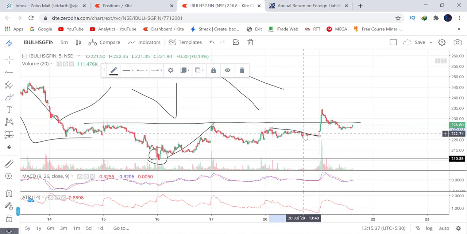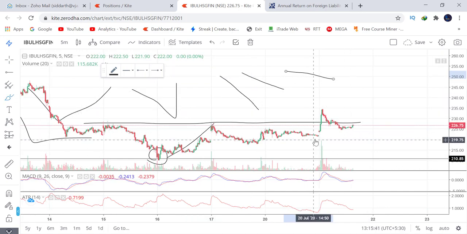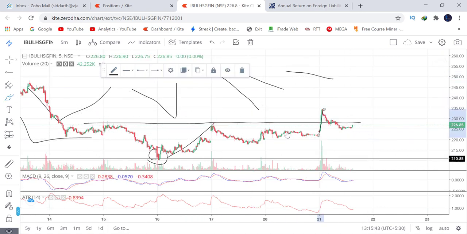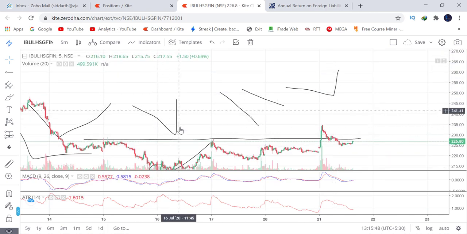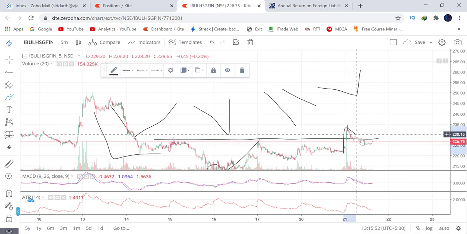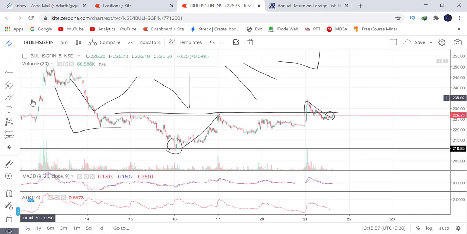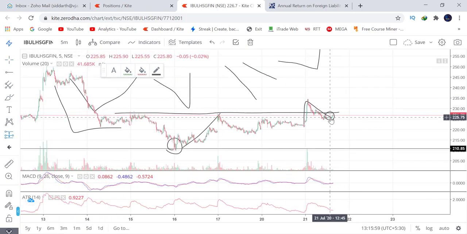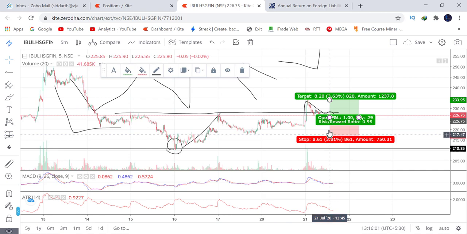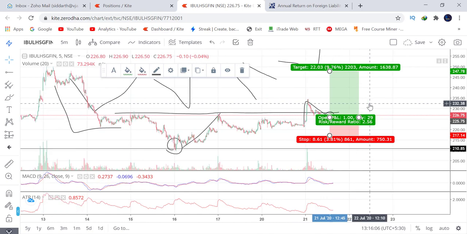Can't you see it's dead? And look at the buyer showing power compared to those sellers. Doesn't it look like this V formation that I had shown you before? And that is why I took the trade at this pullback, and I kept my stop loss just below this and my target at the high of the resistance which I drew in the 1 day time frame.